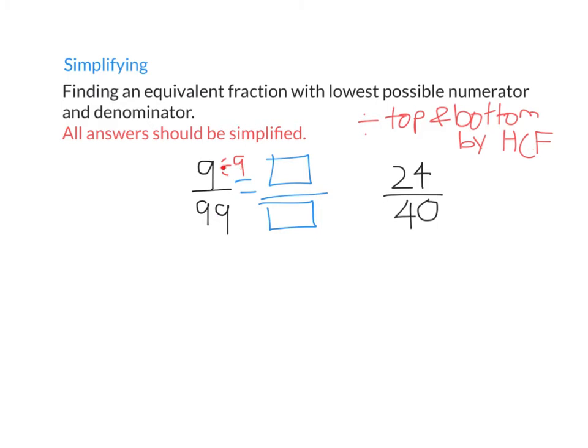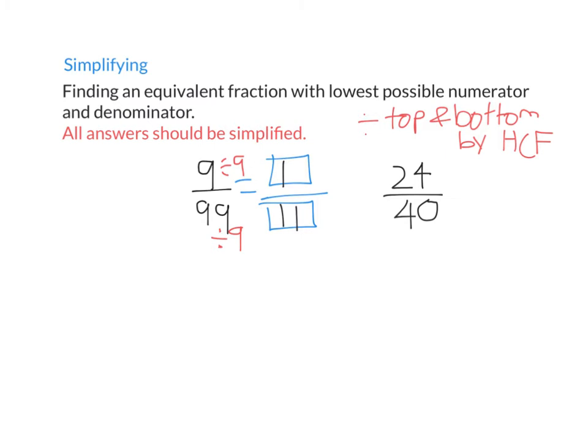But if I divide the top by 9, I must do the same to the bottom for them to be equivalent fractions. So what you do to the top, you must do to the bottom. 9 divided by 9 is 1. 99 divided by 9 is 11. So 1 over 11 and 9 over 99 are equivalent. They have the same value. They're both equal to